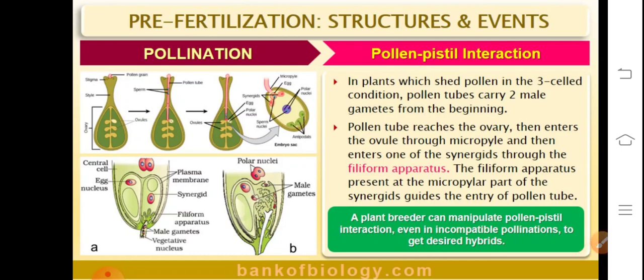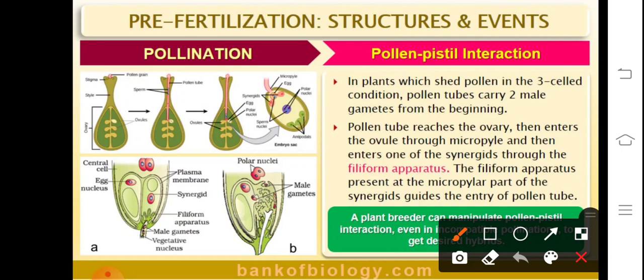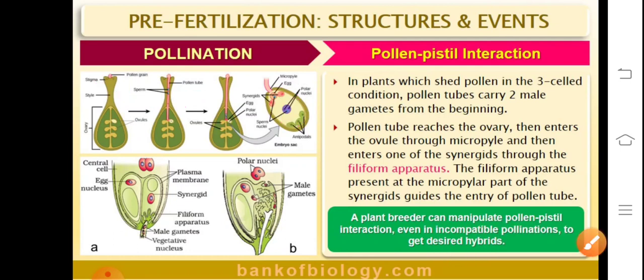Now, like we can see here, the pollen grains which are shown in blue have landed onto the stigma, and then these two male gametes are carried along with the formation of this pollen tube, the one depicted with red color. And then we see that these blue color male gametes are fusing with the central polar cell first and also with the egg cell. So the male gametes will carry out the fusion with the egg and the polar nuclei.